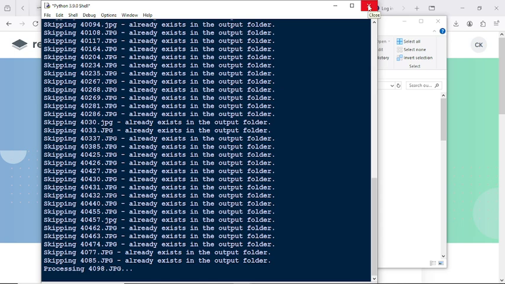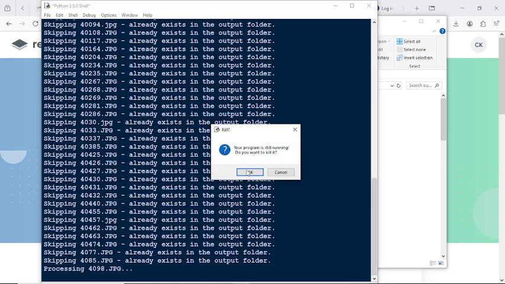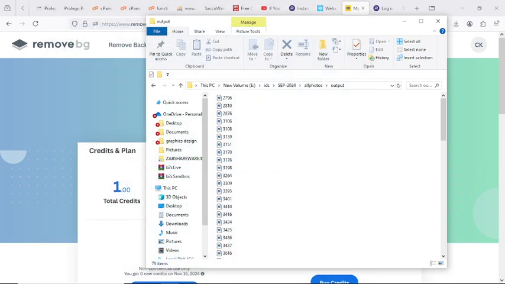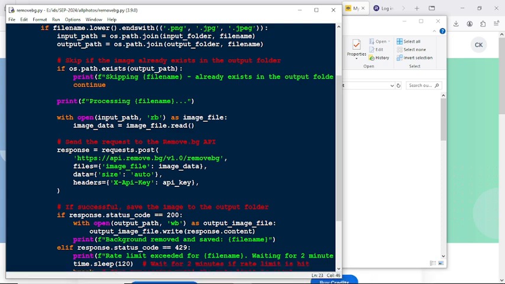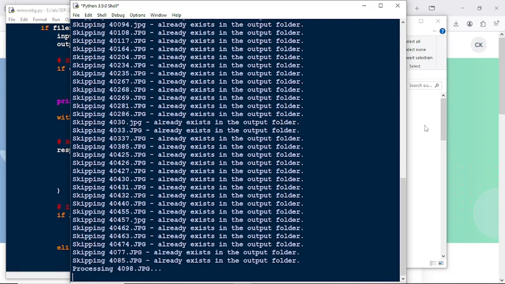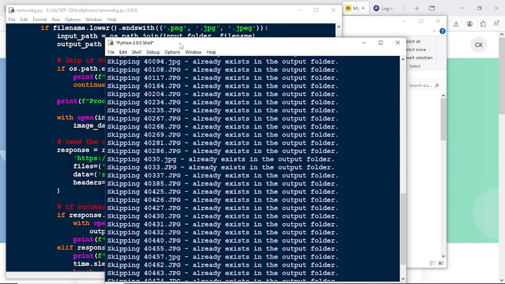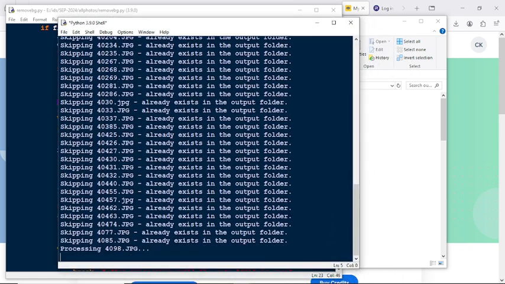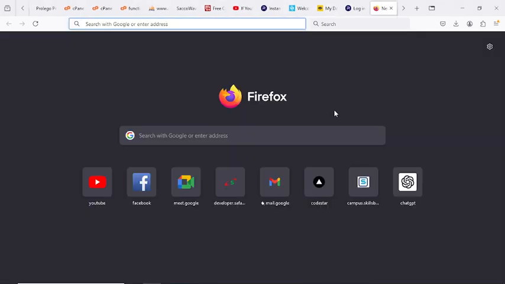I think the RAM is the one which is being utilized. So let me try, because this is sending the request to the internet. Once it sends the request, the remove BG API is going to remove the background, then send back the output. So yeah, that is it. I hope you have learned something, and maybe I can download one image from the internet and try with one, because I don't want to show the images. So just download images,